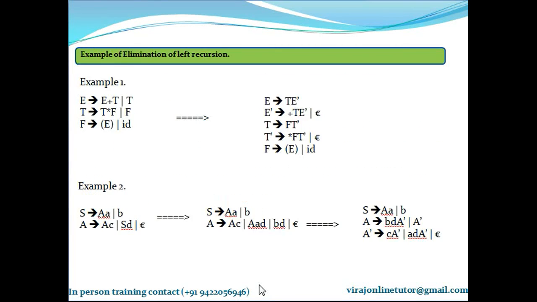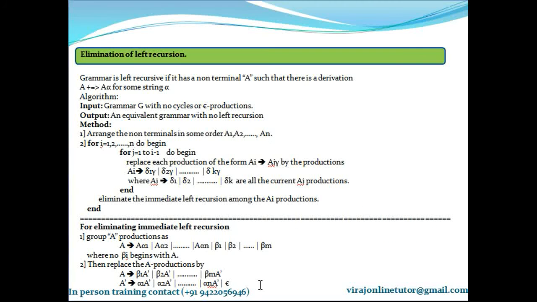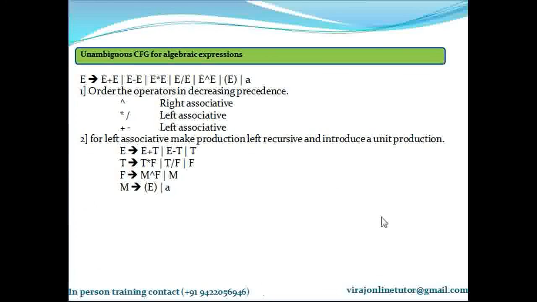So I had explained one ambiguous grammar earlier. E gives E plus E, E minus E. So all these are starting with E. The parser is not able to understand whether you need to use E plus E or E minus E or E into E or all this. So the parser is not able to understand which of the options to be used, and that makes it ambiguous. One reason why it is ambiguous is because on the left hand side everything is the same.